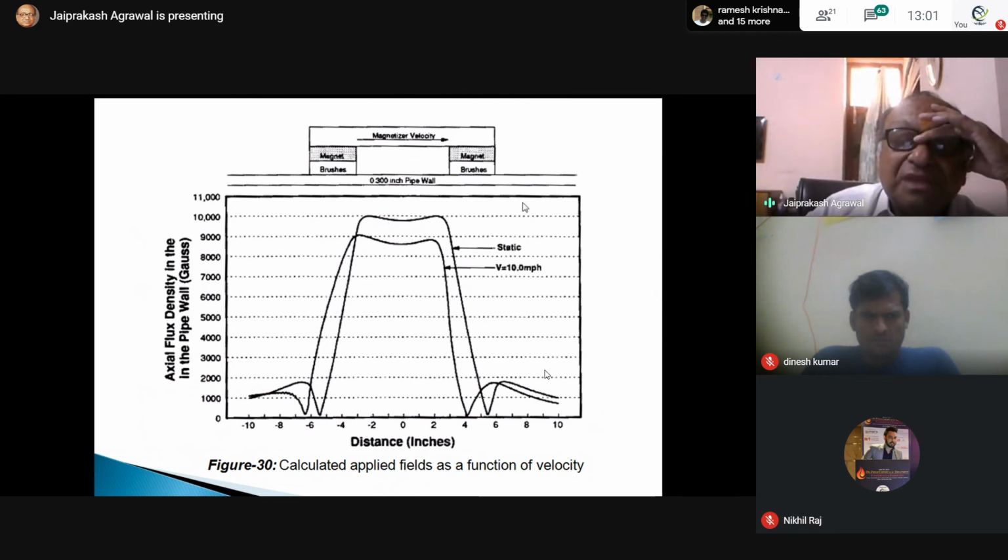Because the magnetic field flux density will change, and this will be 10 meters per hour. Okay. So this is changing. This goes down. So we have to maintain 3 to 4 meters per second. That is the requirement for flux leakage. So this is very important.